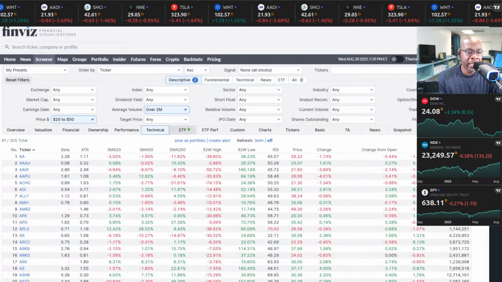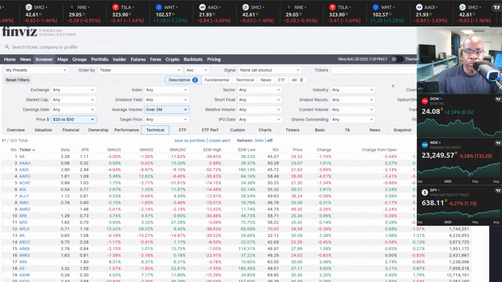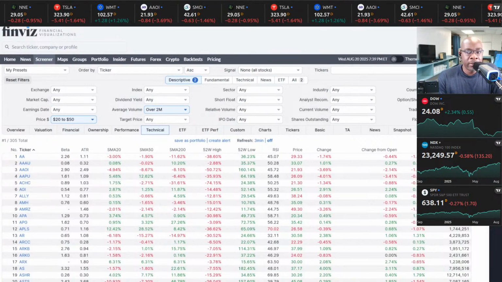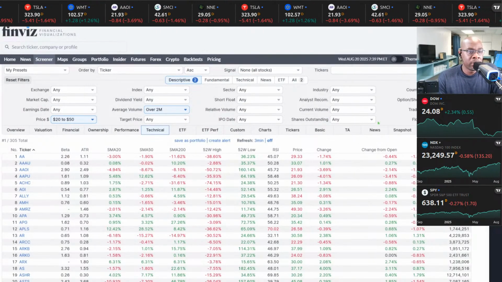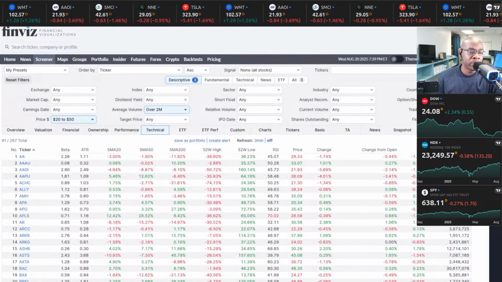That shows that there's a lot of movement, so there's a lot of chance for you to make money. Next, we're going to go over to here where it says country. Because I'm here in the US, I want to focus on US stocks, right? And the reason why I focus on US stocks is because it's easier for me to get information in regards